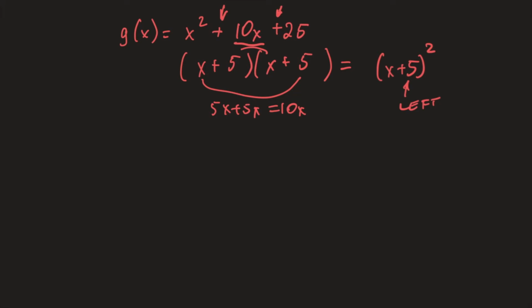Also notice here there is no vertical shift, it's just a horizontal shift, and there's no stretching. A in this case would be 1, which means it is just a regular parabola moved 5 units to the left. So if I was to graph this, I would go 5 units to the left and just have a regular parabola